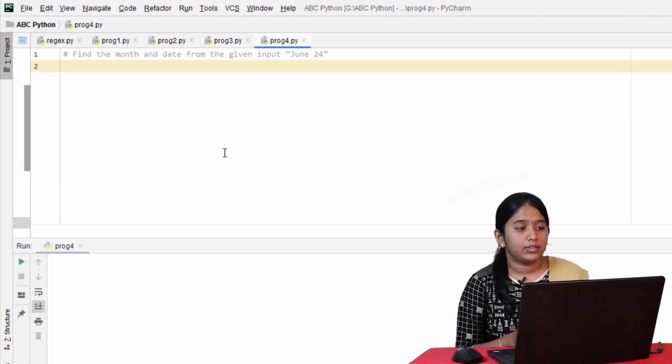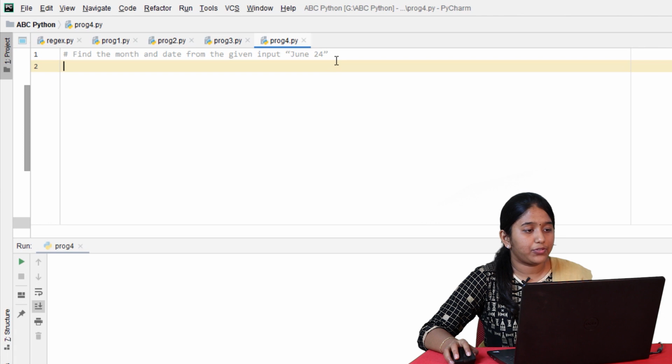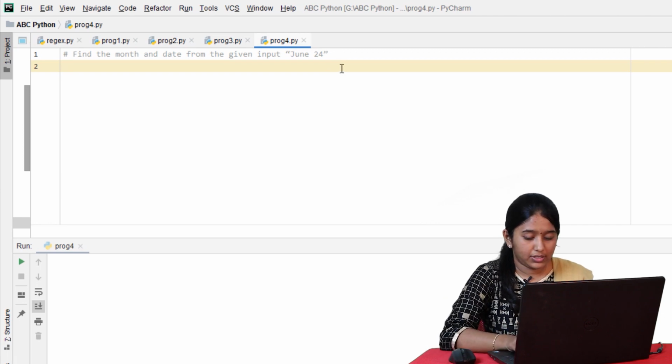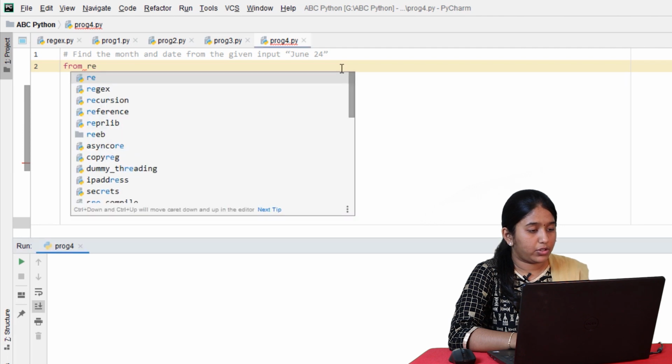So it is found. Now in this program, find the month and date from the given input June 24. So first, let's import the modules.